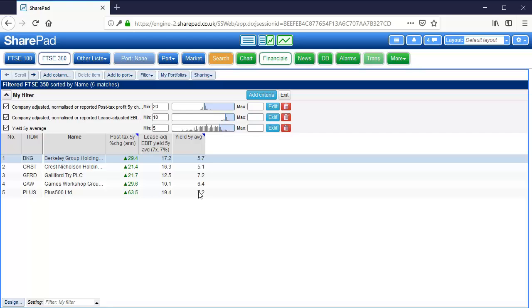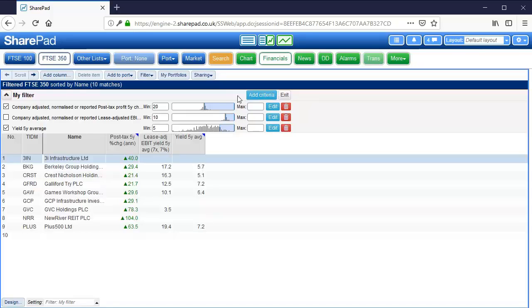And you notice that maybe you've been a bit too strict, and you want to know which criterion is the culprit of making all of the shares disappear. So what you can do is disable one criterion at a time and have a look at what happens. For example, what happens if we ignore the EBIT yield figure? We can just uncheck, hit apply,